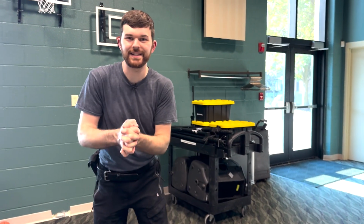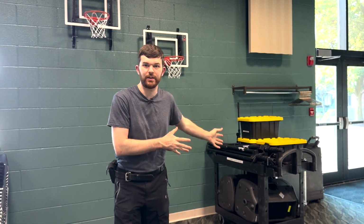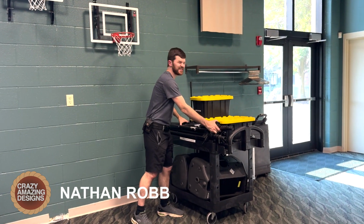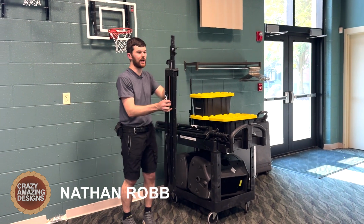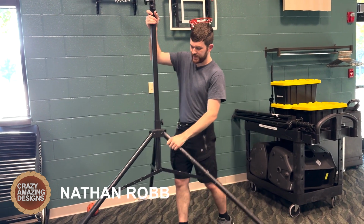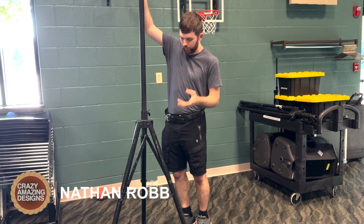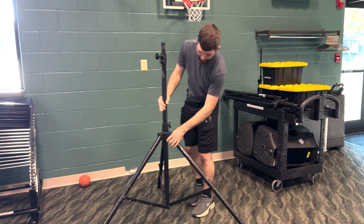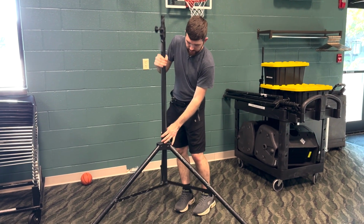Hey, we're gonna go ahead and set up all of the production sound equipment for family camp, so let's get started. On this cart here, we're not taking the cart to camp with us, but we've got some speaker stands, and you just unscrew the knob here and then open those up. And if you happen to go all the way, too far like this, then you're gonna wanna bring it back through. I like to open these up to about right there